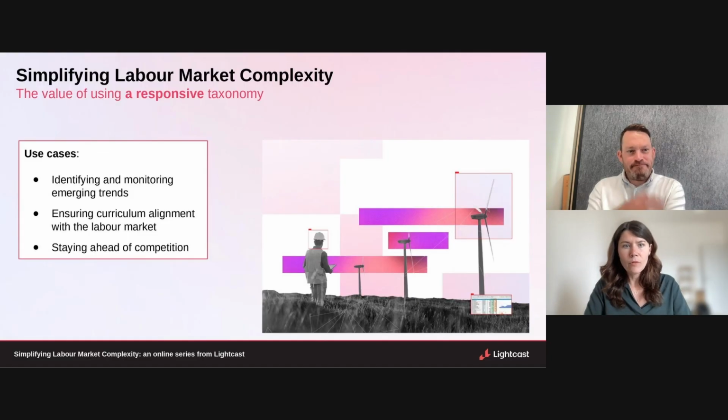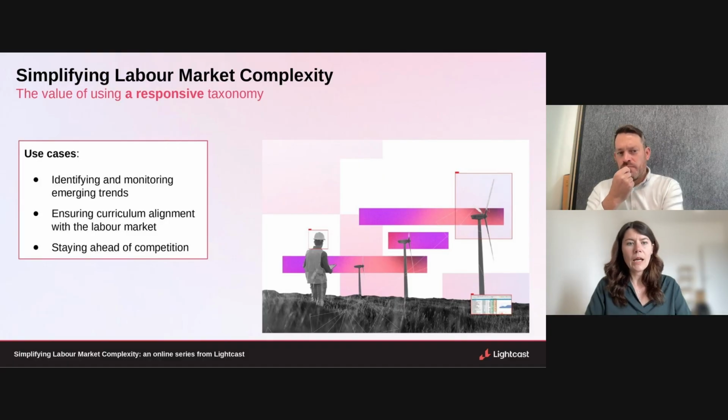And then let me move on to responsive, which is the last of the three key topics that we wanted to discuss today. And here, responsive is really about the ability of, as we said before, capturing labor market trends as soon as they emerge. And this really helps because it normally takes a while for these trends to appear in official statistics. And here, this is really important, again, when we have a labor market that is changing fast, and especially the case in point right now, artificial intelligence, being able to capture this trend and seeing how it is evolving over time, it is really important.